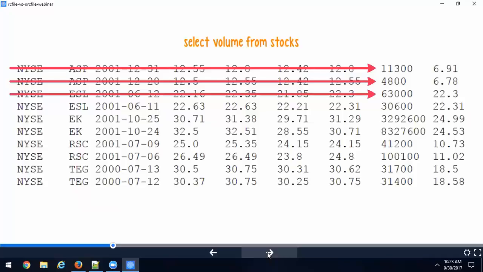And now think about it. If you're doing a lot of data analysis, you're most likely doing select average of volume from stocks. You're doing a lot of column-specific operations. That's what you usually do. How often do you do select star from stocks? Sometimes you do, yeah, sure. But a lot of times you're targeting columns. You're doing a lot of grouping, a lot of aggregation. You're applying analytics on the columns themselves. Right? So row major, even though it works for entire rows, doesn't usually work for selective columns.